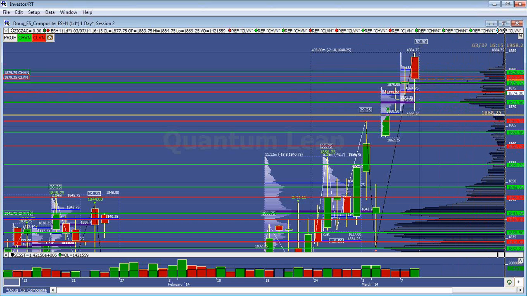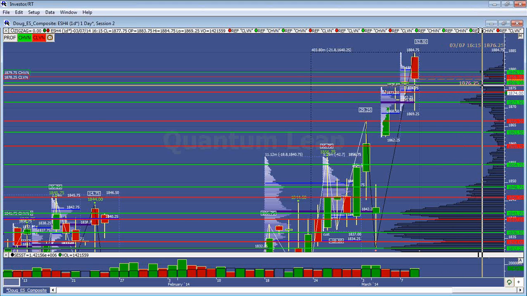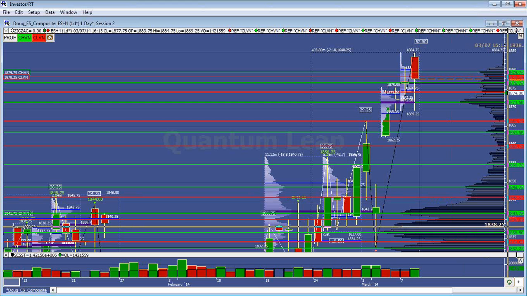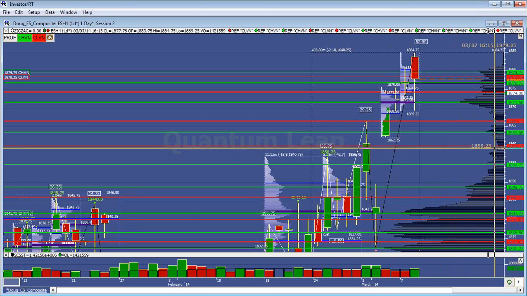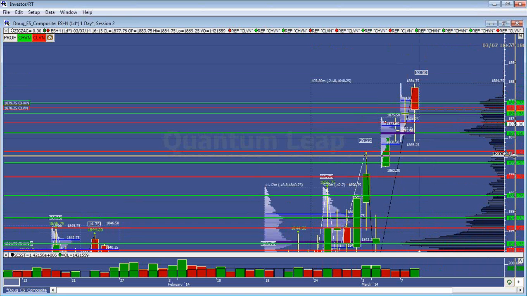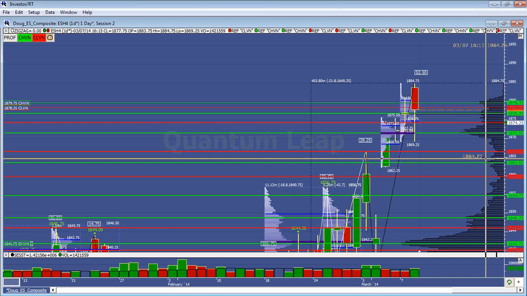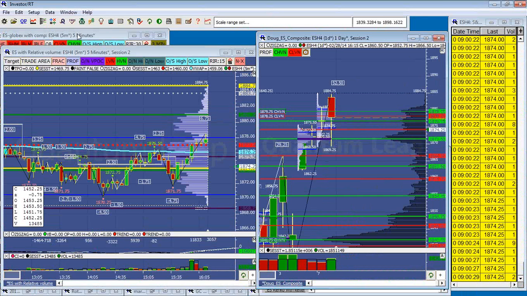area. I don't think they're done. It's my personal opinion. I don't think they're done trying to make new highs. Remember that the open of the year is 1837.75. We finally fought forever to stay above it when we were down here, and now we're in a bull year. And I think that the bulls are going to try to keep us in control and chop us around here. So let's go take a look at what happened overnight.